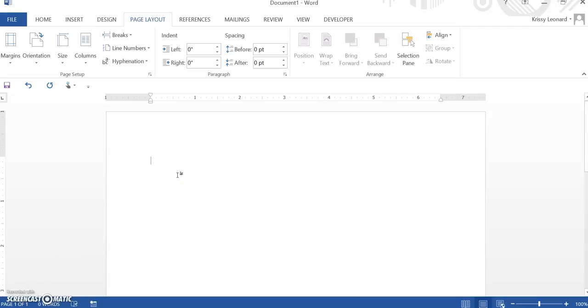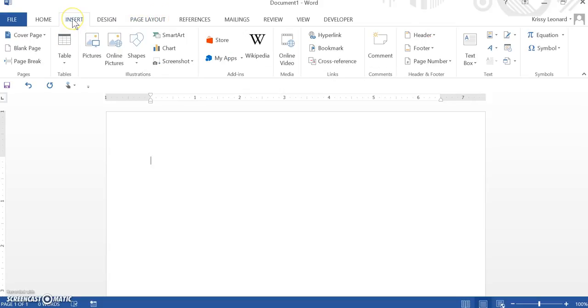One more standard feature that you should be aware of is to know how to insert a header or a footer. So we're going to go to yet another new menu on the ribbon, and that's going to be Insert. And again, it's going to be very important for you to know how to do this properly, because if you just start typing on the paper, it's not going to appear correctly, and it's going to be very obvious to your instructor that you didn't use the proper formatting features in your word processor.